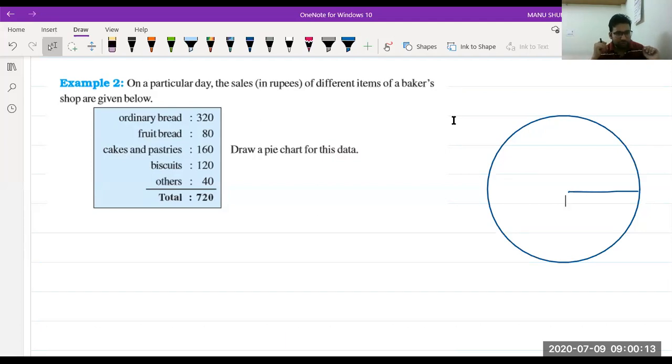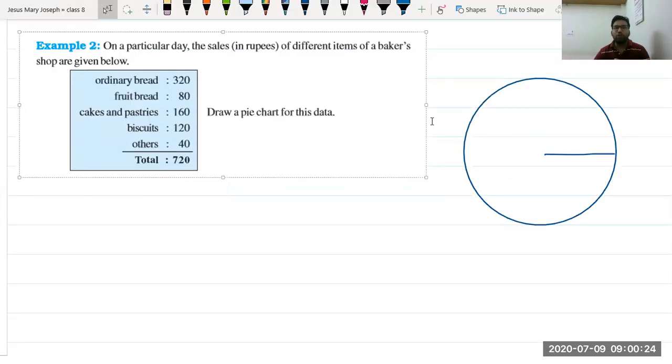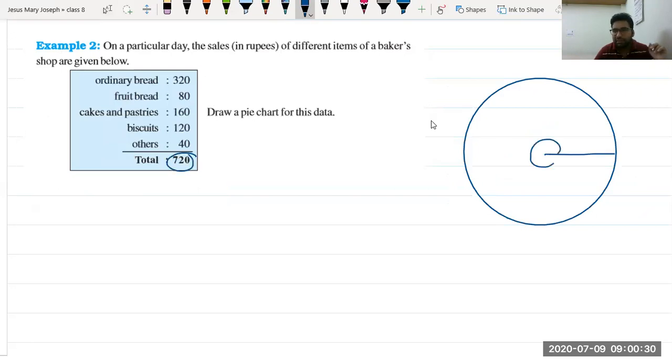What is the relation between? Sir, we will convert it. Yes, beta, just please tell me the relation between that. Okay, you're not getting that. Let me explain for you. First of all, we have to understand the total money is 720. Total angle is 360. So the first thing which is equal in both of them is total rupees and total angle. We can say the first statement is rupees 720 is equal to 360 degree angle. So the first relation is between rupees and angle.